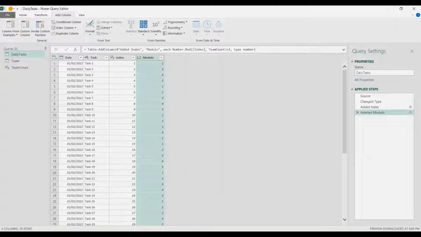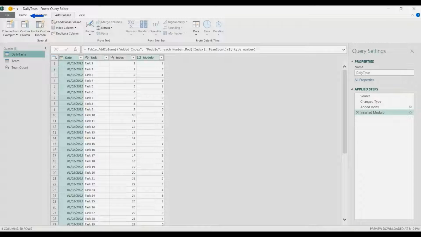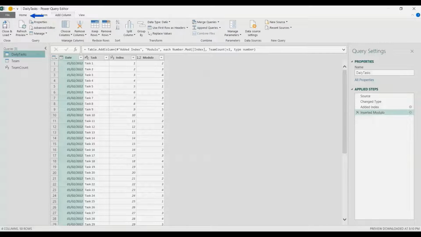And then the last thing here is to add the names. So to do that, I'm gonna go back to the team table. And in here, I'm gonna add index column as well. So from 1 and go to the daily tasks and merge the two tables. So Home tab, merge queries, choose that.